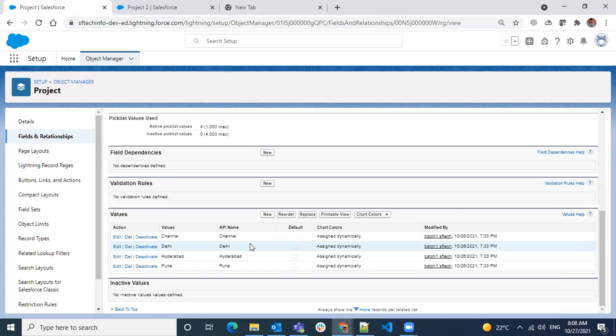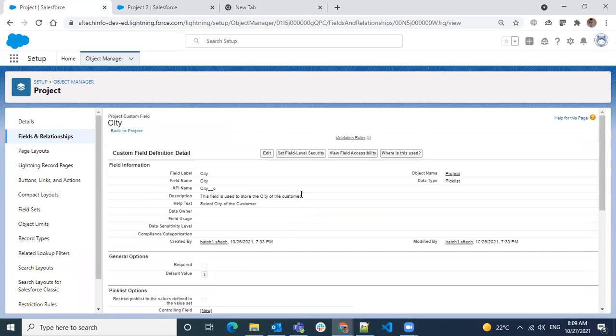Let's say you have a city list in 100 objects and around 1000 fields, and a new city is going to be added. It would be a burden to do it 1000 times. So whenever a drop down list will be used in multiple places, you can promote the values to a global pick list or create a global pick list and use it in different pick list fields, so that when you add a new value to the global pick list, it is added wherever it has already been used.